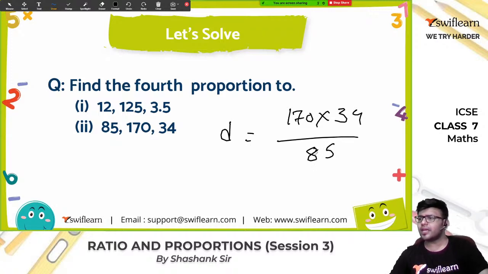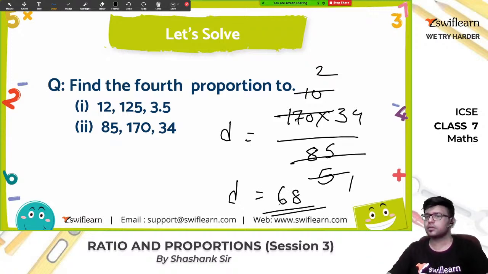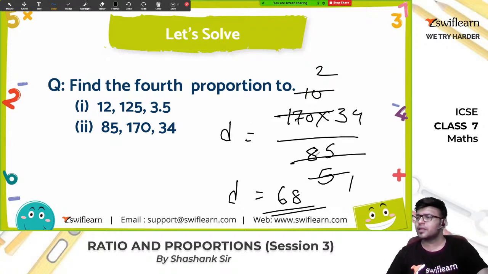So 17 table se ho jayega divide. 17 5 ja 85, 17 10 ja 70, 5 1 ja 5, 5 2 ja 10, 34 double is 68. The value of D is 68. Sir, hamein 17 ka table nahi aata hai. Okay, divide by 5 then. It will take more steps, but you will get the same answer. So the answer for this is